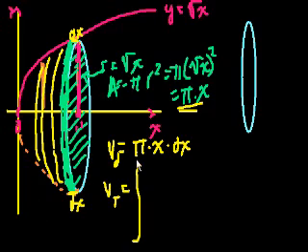So what will be the integral? Well, we're going to go from 0 to 1, and we're going to sum up a bunch of these disks, which we've already defined. So it's pi x dx. This is looking to be a fairly straightforward integral. So what's the integral of that? Well, that equals